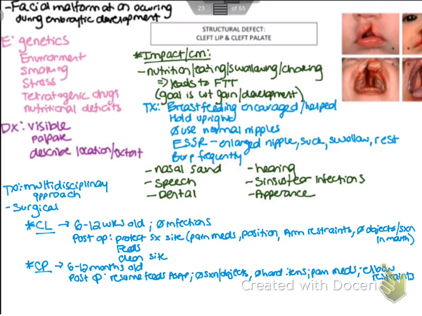We have to make sure that the parents understand to look for the signs that the child needs to rest, look and make sure they're swallowing, that they're not having to work too hard to get the formula. And there are different size nipples. They have different size holes for the kids. They look different based on what the kid has, what defect they have. Are they using this after a surgery? Yeah, initially after surgery until it's healed. Yeah, because you have to be very careful.